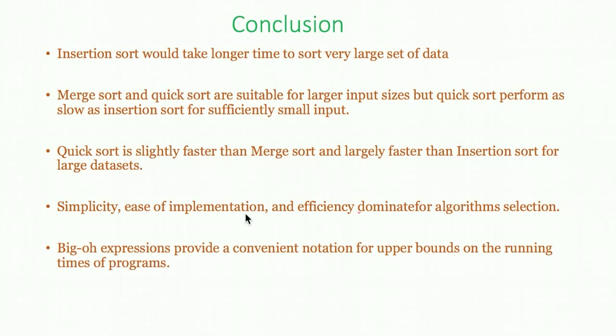But if you want something really simple and off the shelf, and you know your data is going to be very small and not going to be so frequently used, you can use bubble or selection sort, whatever you want, based on your ease of implementation, because they're easier to understand and maintain. And last but not the least, the way we measure the efficiency of these algorithms is using big O expressions that provide a convenient notation for upper bounds on the running time of programs. This is